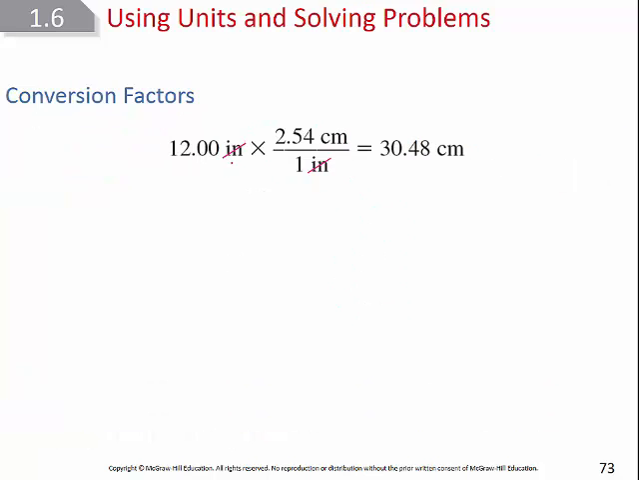Inches is on the bottom, so inches will cancel. I'd multiply across the top, divide across the bottom, so 12 times 2.54 divided by 1 gives me 30.48 centimeters. Now, let's look at this. Depending on how you learned how to multiply fractions or convert units in a previous course, say in high school